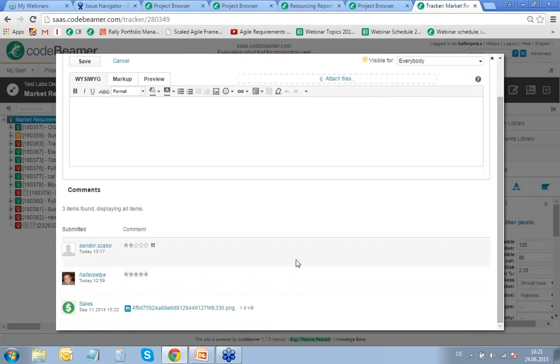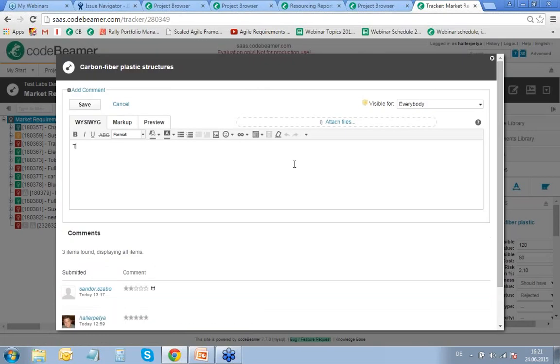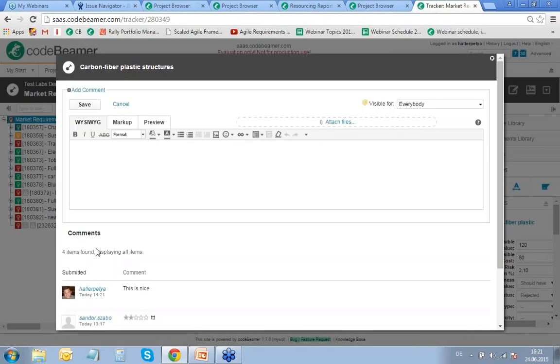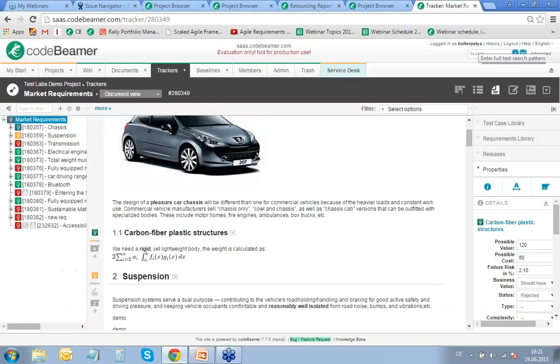Once I scroll down, I see all the comments here with the exact ratings as well, and I can even add my new rating that this is nice. I'm going to click on save, and now I just saved my new comment, which I added pretty easily here, and you can visualize it very easily. All right now,